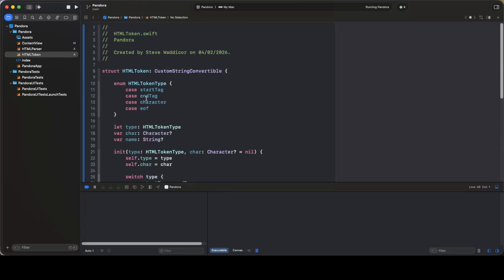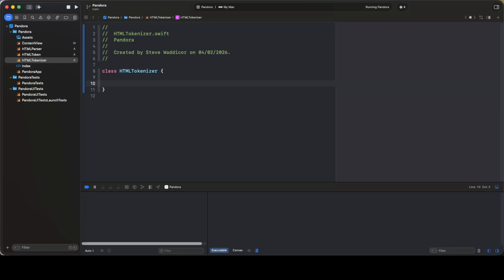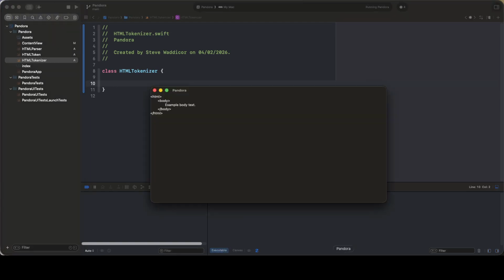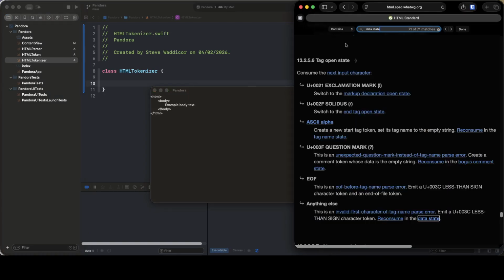So we need the actual tokenizer now, don't we? The process that we need to go through for a tokenizer is specified. The entire algorithm is specified in the web standards. So we've got this is the online spec, the living spec they call it. This is the current standard for HTML,